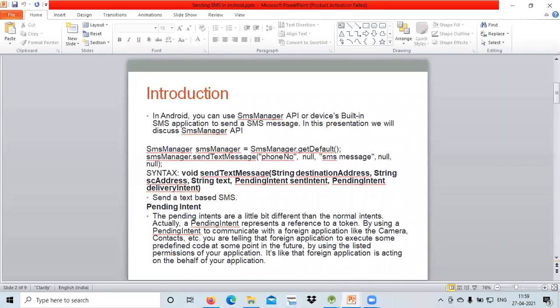Yes, Anchal, can you tell me what an intent is? Anchal Mittal is there? Yes, ma'am. Tell me how we can define this term intent.